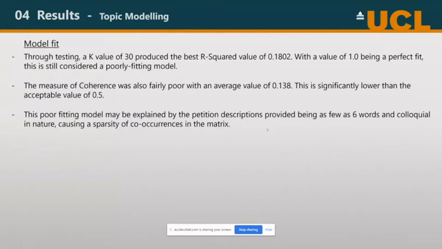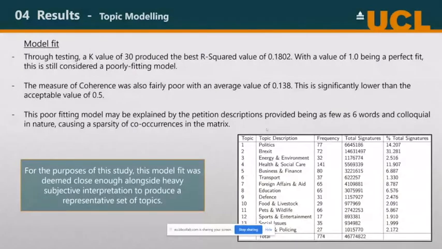But this might be explained because when a person adds a petition, it's generally quite colloquial in nature, and most people didn't put more than 6 to 10 words in their description, and that can create sparsity and few co-occurrences in the matrix of the bag of words. But for this study, I decided that this was probably good enough for what I needed it for, and alongside some heavy subjective interpretation, which is said to be required in a lot of these LDA methods, I was able to produce this representative set